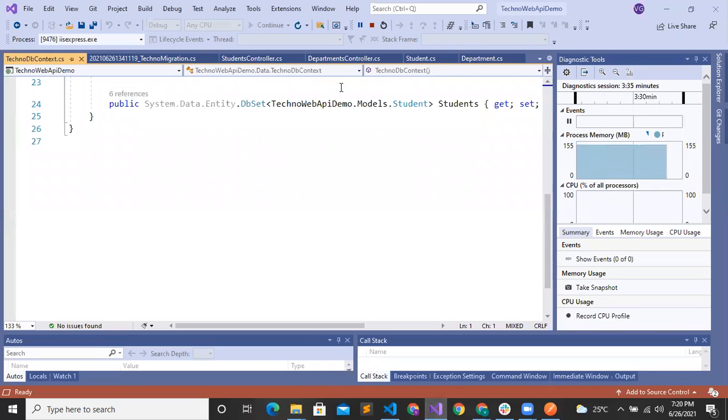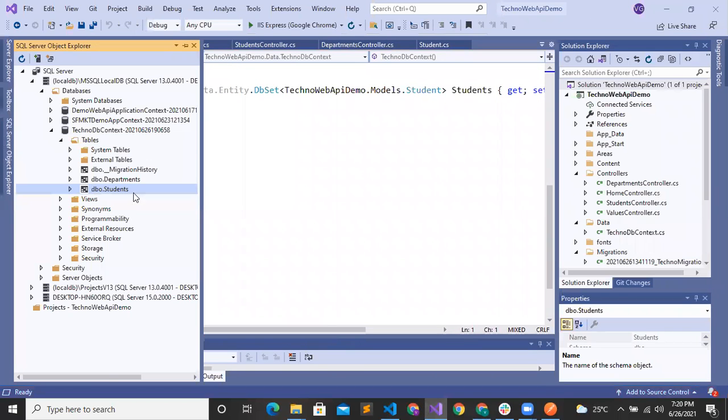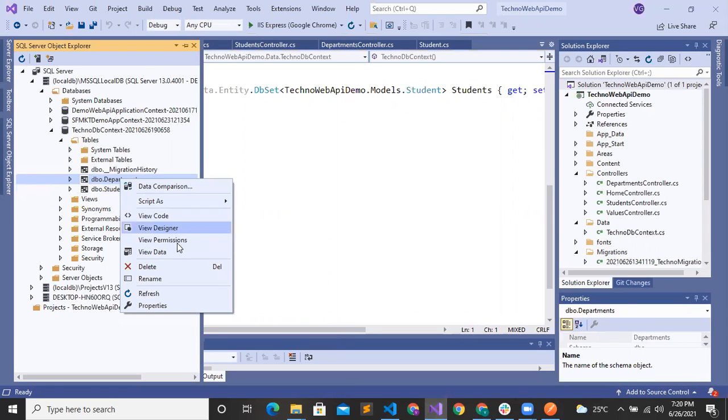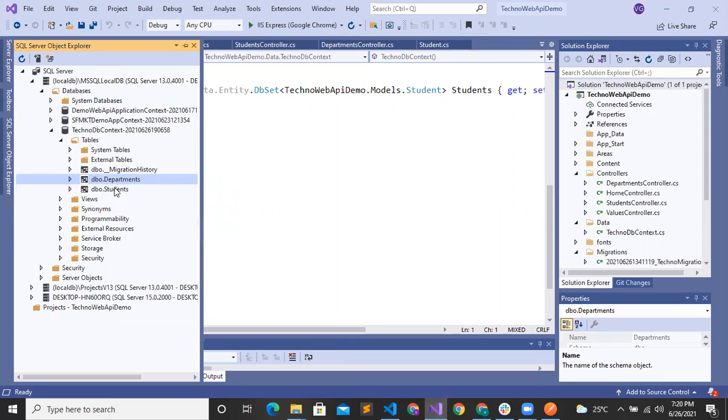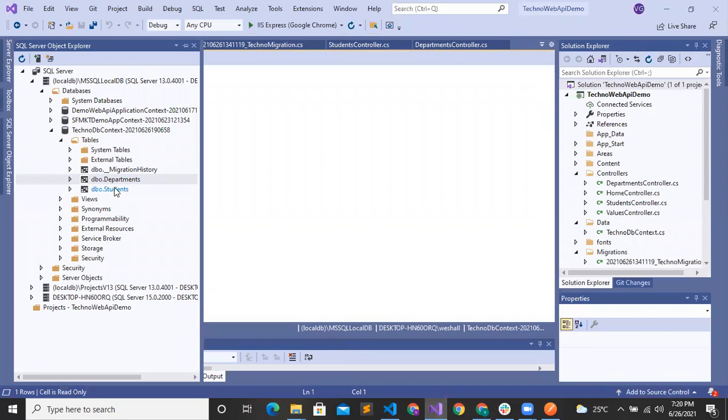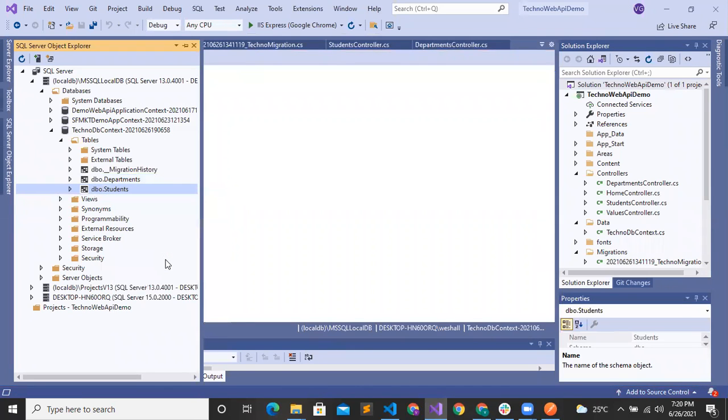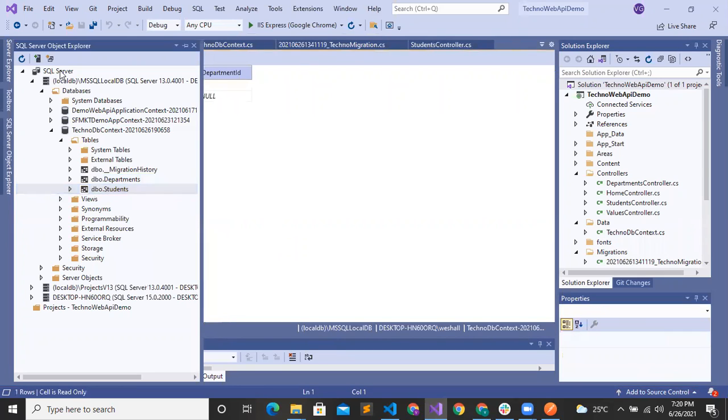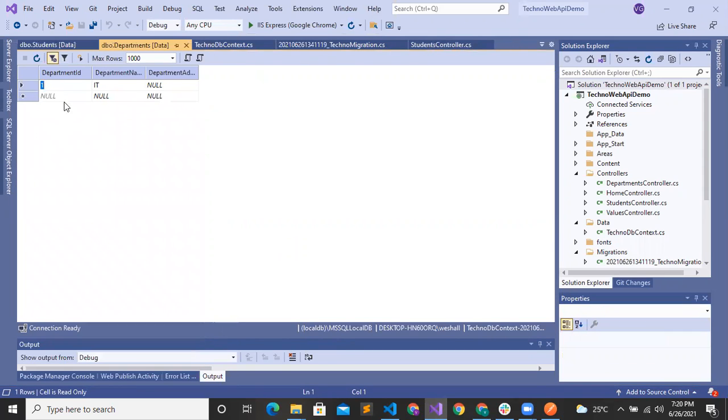Now I'll stop the server and we'll check the database here. View data, and student. Here you can see department ID is created as one, department name is IT, and department address is null because we had not sent the address.